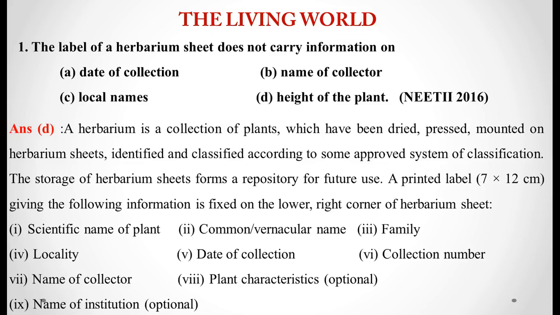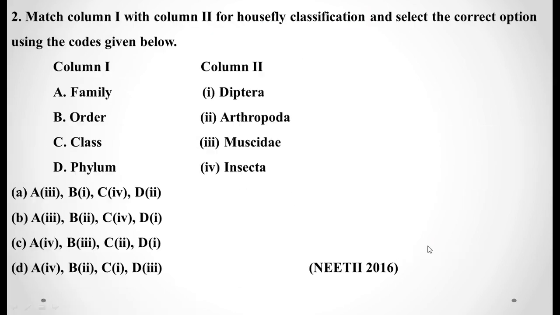The next question is: match column 1 with column 2 for housefly classification and select the correct option using the codes given below. The code 1 is A, B, C, that is family, order and class, phylum. Column 2 is Diptera, Arthropoda, Muscidae and Insecta. So the right option is option A,